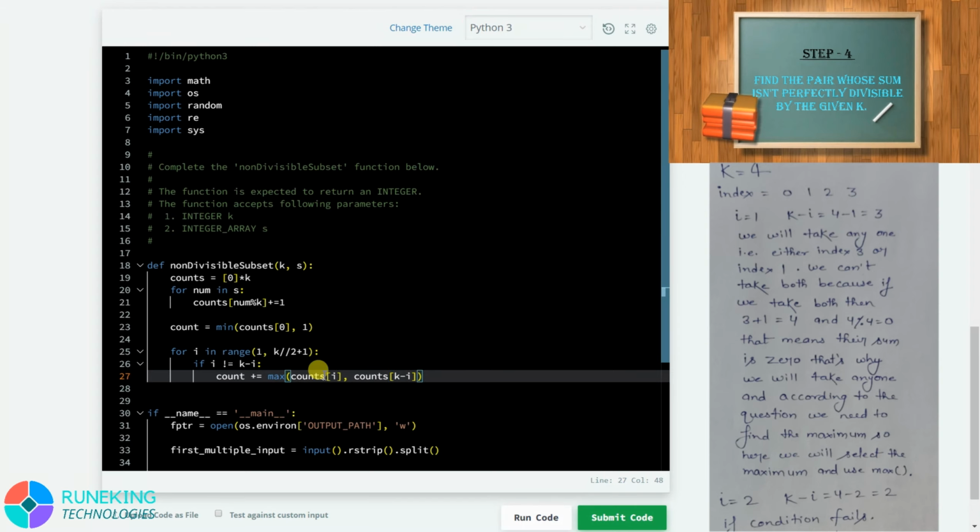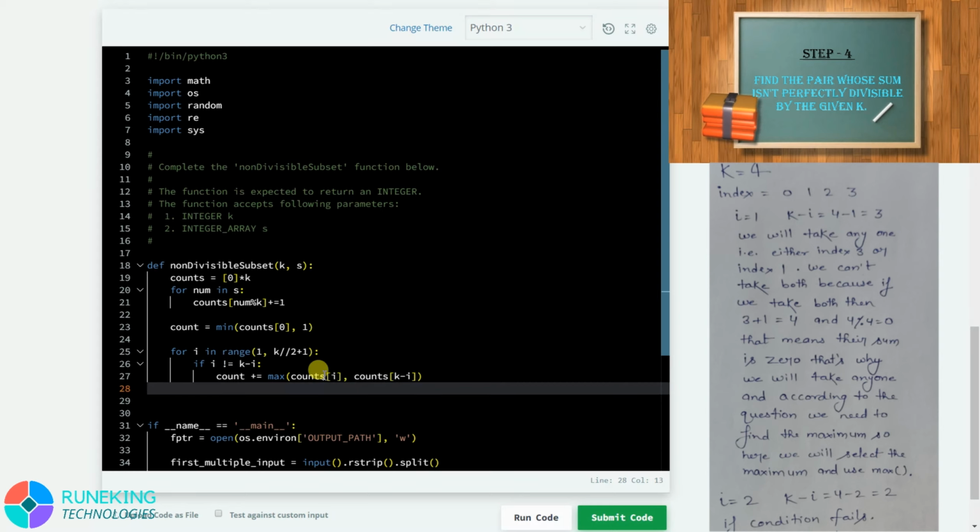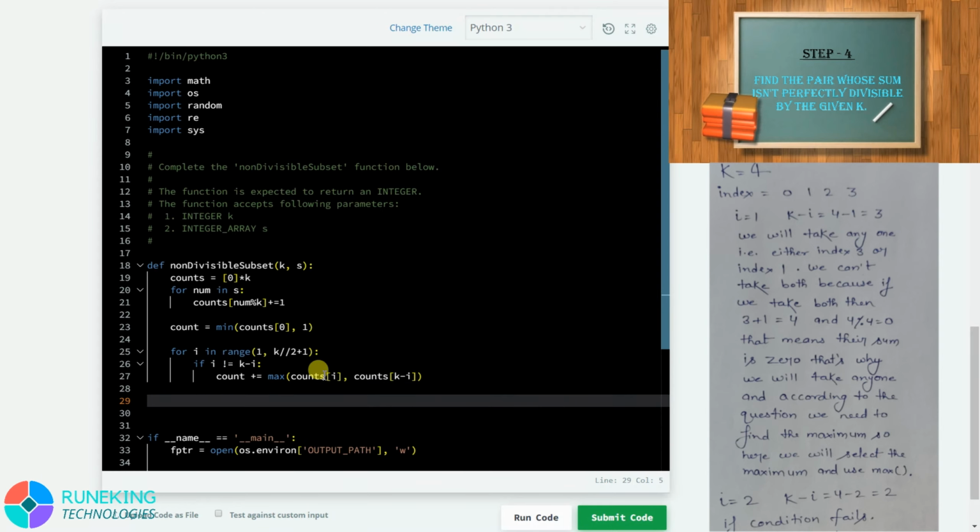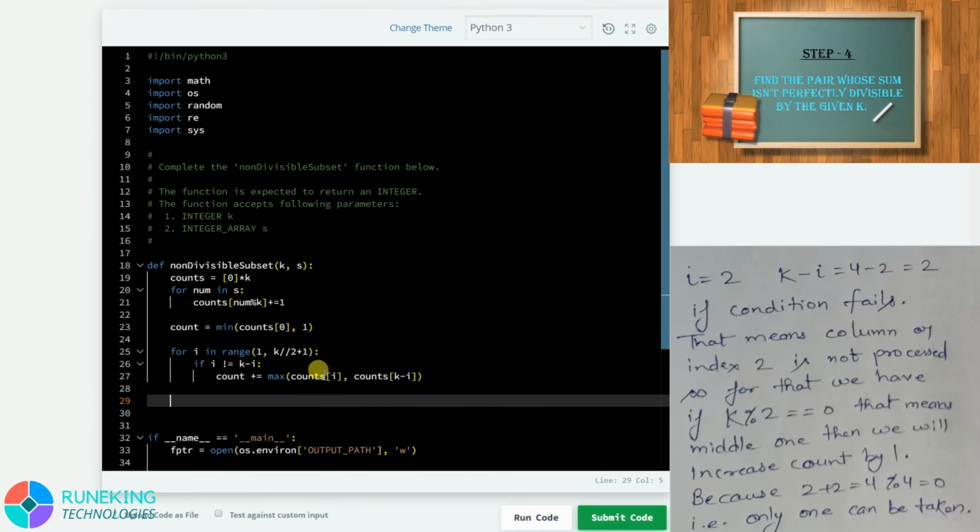So what we have done, you can see on the screen there is an example showing why we have gone up to k/2, not up to k. When this for loop is completed, we will check if k is perfectly divisible by 2, that means there is a perfect division by 2, then the middle one will be left.